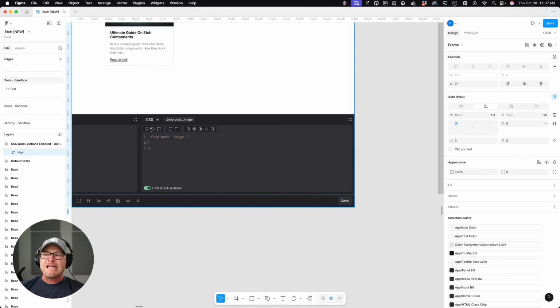If you were doing an image, it would give you things that normally happen to images. So these are quick actions. This is one of a set of features, not the replacement feature, one of a set of features that will eventually fully replace styling panels.